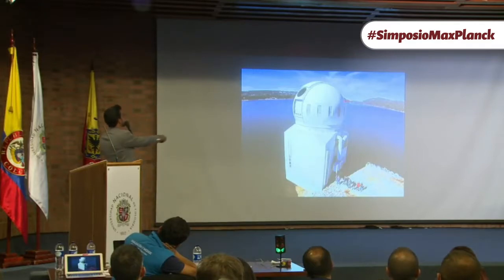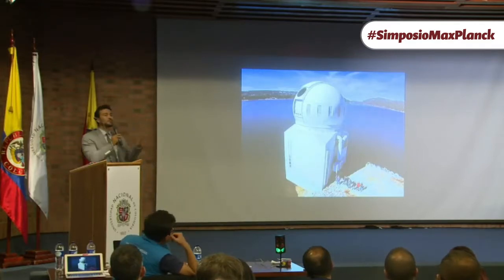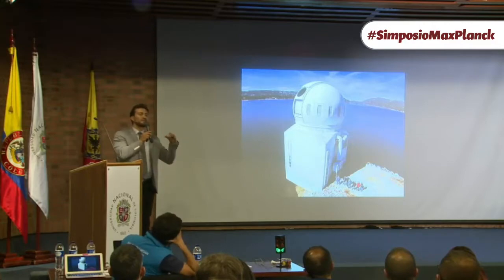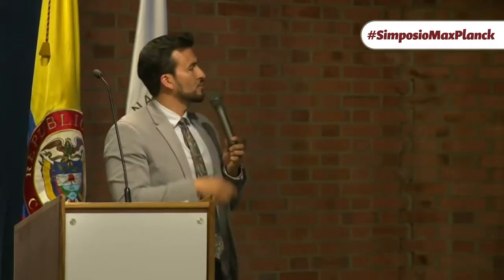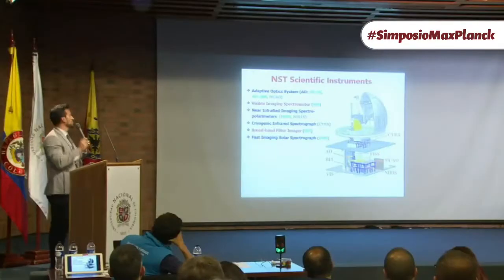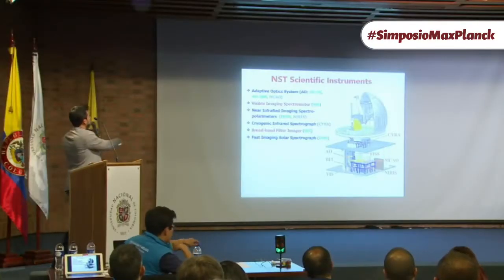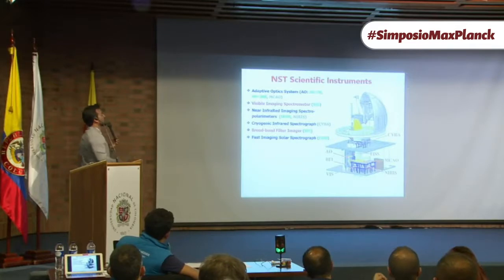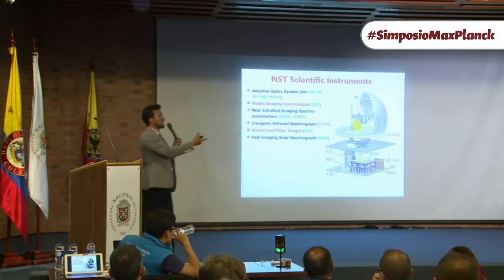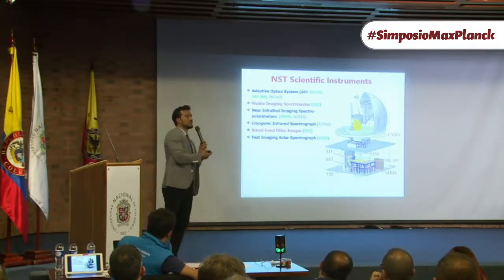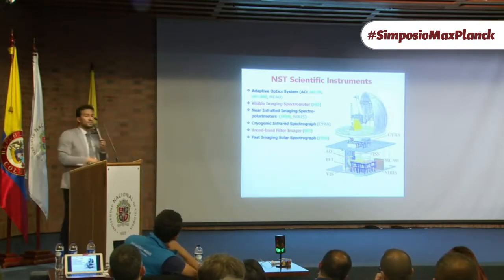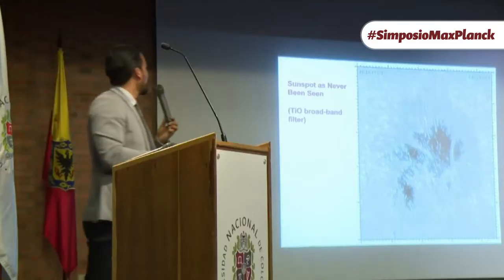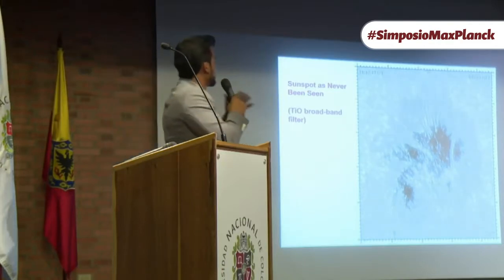And this is in the middle of a lake, because the water in the lake makes the turbulence less high, and then you can reduce the image motion. And you have a certain amount of instruments that basically take the path of the light, and then you can measure polarization, and you can measure spectrography as well. So now I will show you some very nice videos.